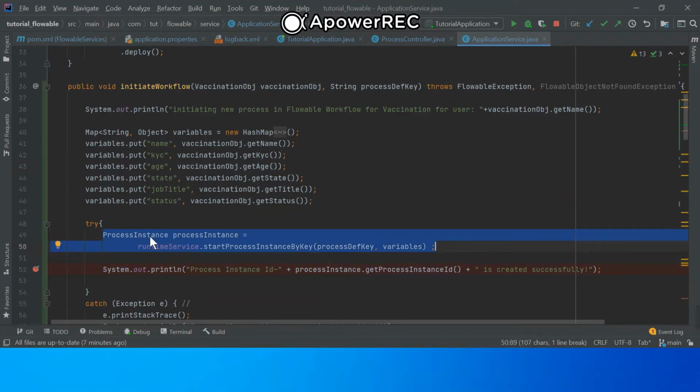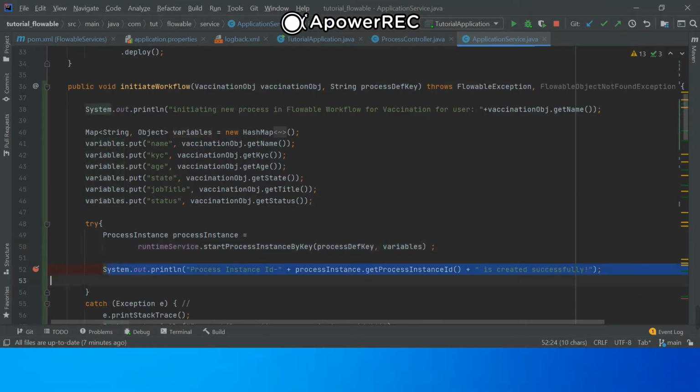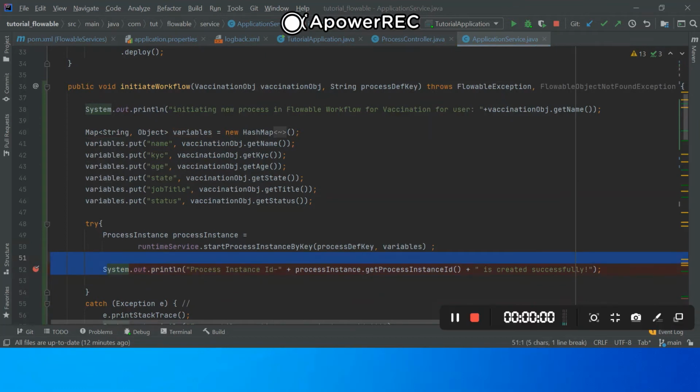We create a process instance class object, and using the runtime service we call start process instance by key, where we pass the process definition key, which is the key of your model, and the variables which we have just assigned. With that, it will internally call the Flowable runtime service and create a unique instance, and after that we are printing the process instance details.